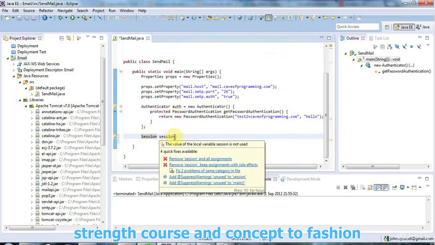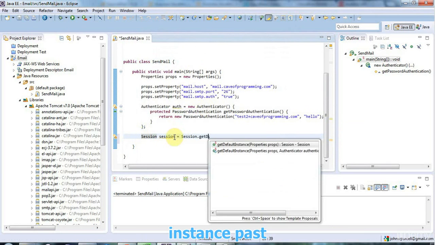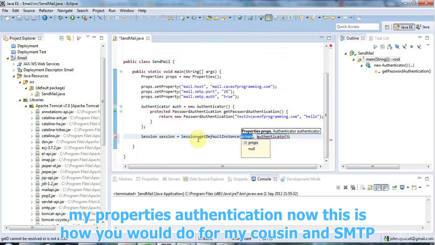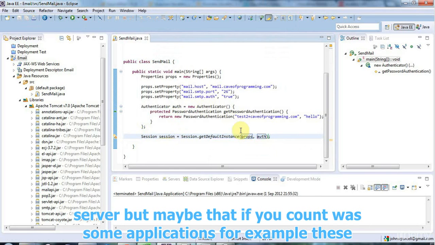And I'm going to set that equal to Session.getDefaultInstance, and I'm going to pass it my properties and my authentication. Now, this is how you would do this for a vanilla SMTP server, but it may be that